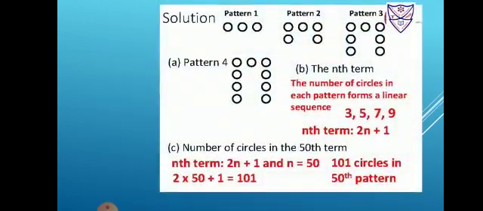Now let us understand with some solutions. Here which pattern is there? Here patterns are drawn using circles, but the rule of drawing the patterns is different. So let us understand this. Pattern 1. How many circles are there? 1, 2, 3. Now students, for pattern 2, how many circles are there? 1, 2, 3, 4 and 5. But how are these 5 circles formed? By which rule? So here students you can observe.